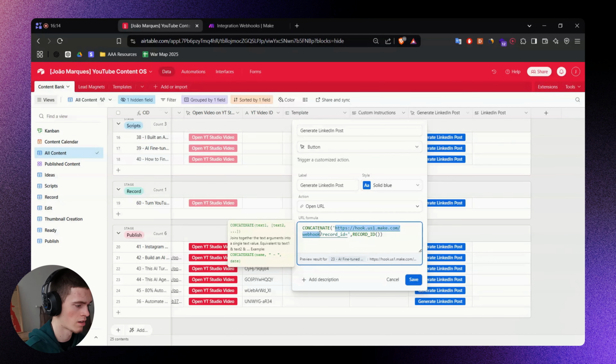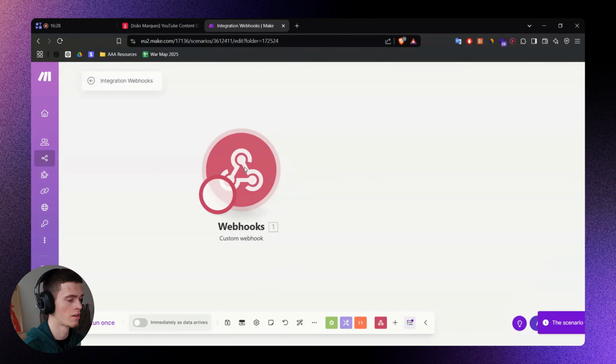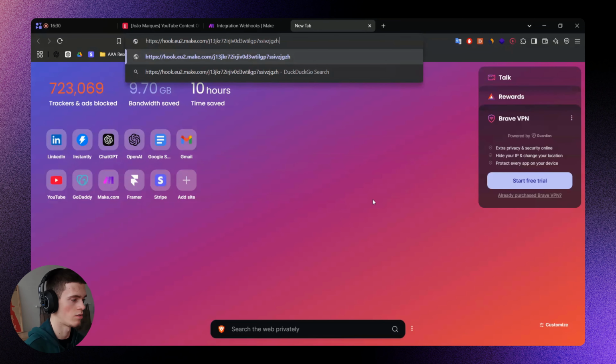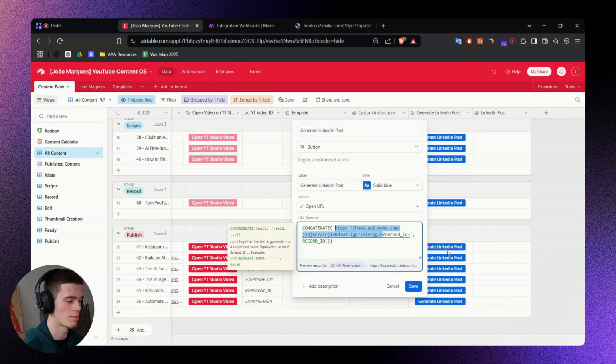Go here and replace this URL with the actual webhook URL. And how this works is when you got a webhook right here, we can just run this only, and you can open a new tab, open the webhook, and you can see that it's accepted. We just triggered this automation. What we want to do is when we click this button, it's gonna basically open the URL